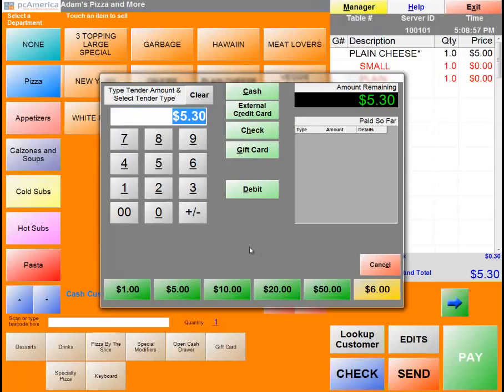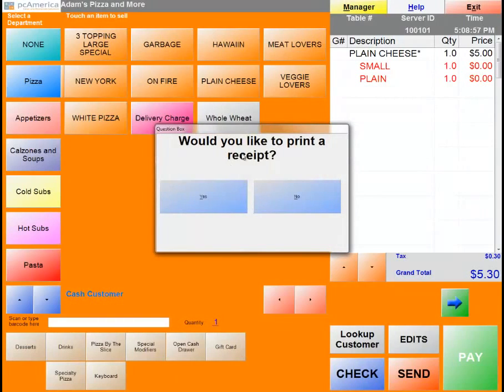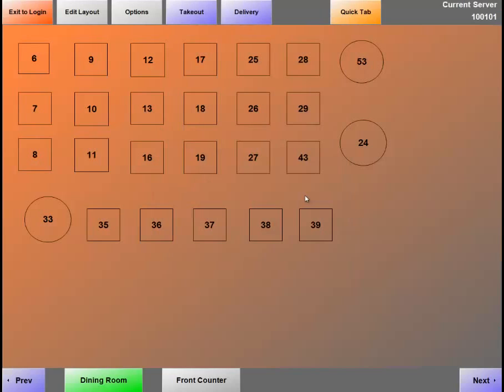To finalize the sale for exact amount, you can just hit cash, and that will close out the sale for exact amount. Let's do that now. Hit OK. Would you like to print a receipt? I'm going to say no for now. And as you can see, this brings you back out to your table layout, so now you can ring your